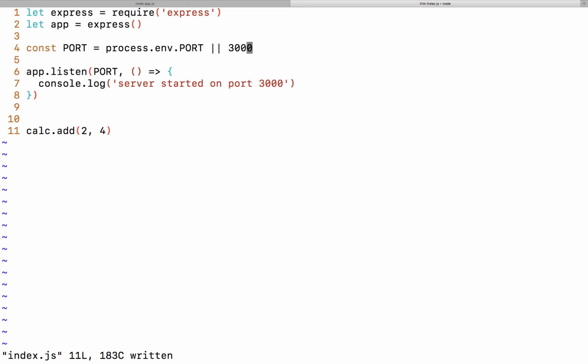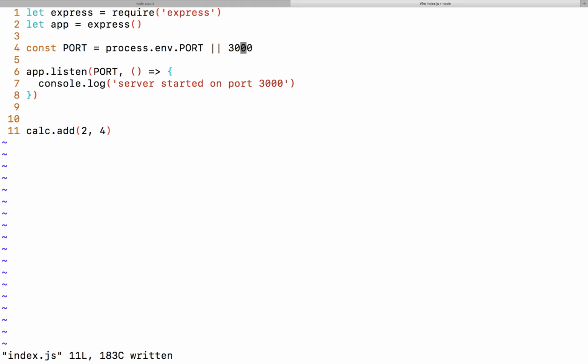Another thing that's not really a major point of this, but I'm just going to throw it out because someone's probably wondering it. This is my personal preferred way to use const: I like to use const for anything that's a semantic constant inside of a file, and then name it with all capitals. I think I'm the only one who follows this convention. So if you made this all const or all let, it would have been the same difference. That's just how I personally like to organize my code.